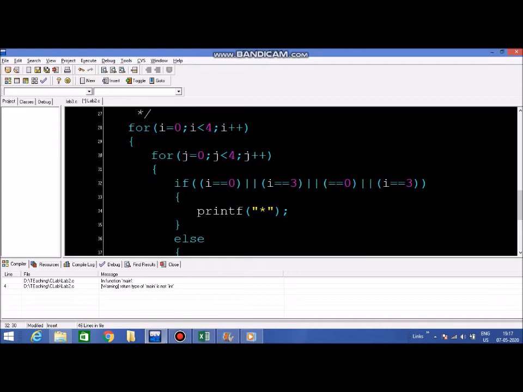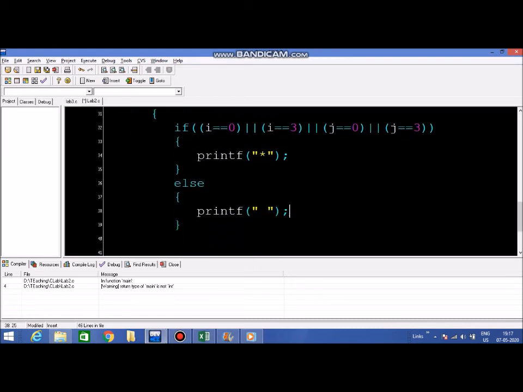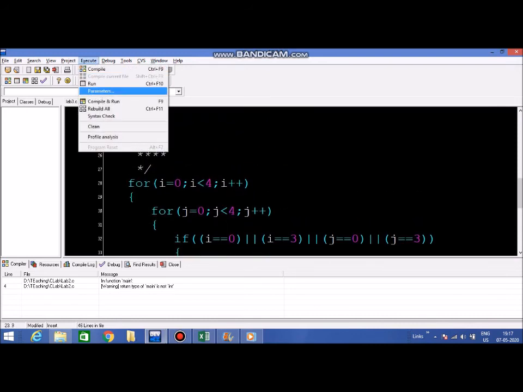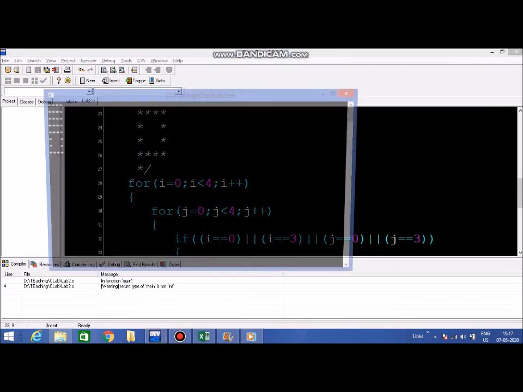Yes, we have to say j is equal to 0 or j is equal to 3. Now this looks complicated, but it's basically 4 conditions. Whenever i is equal to 0, print a star. Whenever i is equal to 3, print a star. When j is equal to 0, print a star. And j is equal to 3, print a star. And let's execute and see what happens.